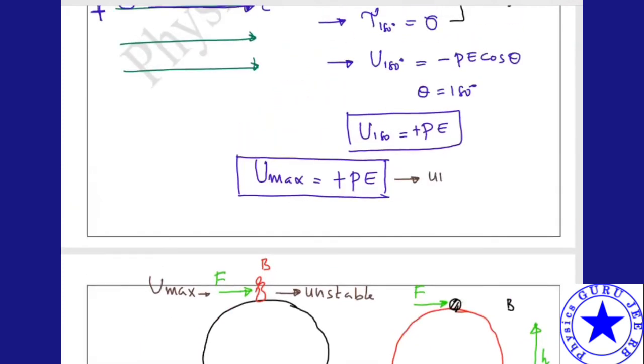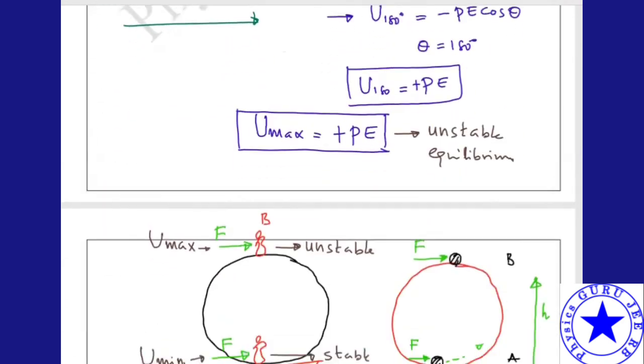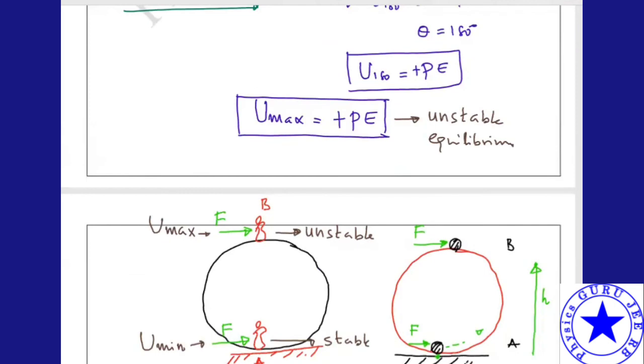In the same manner we can take unstable equilibrium. If I take here, potential energy is minimum. Potential energy is minimum in stable or unstable equilibrium? Can you tell me? Stable. So stable equilibrium. Hope you understood. So this is the story of the total potential energy. Is it clear?